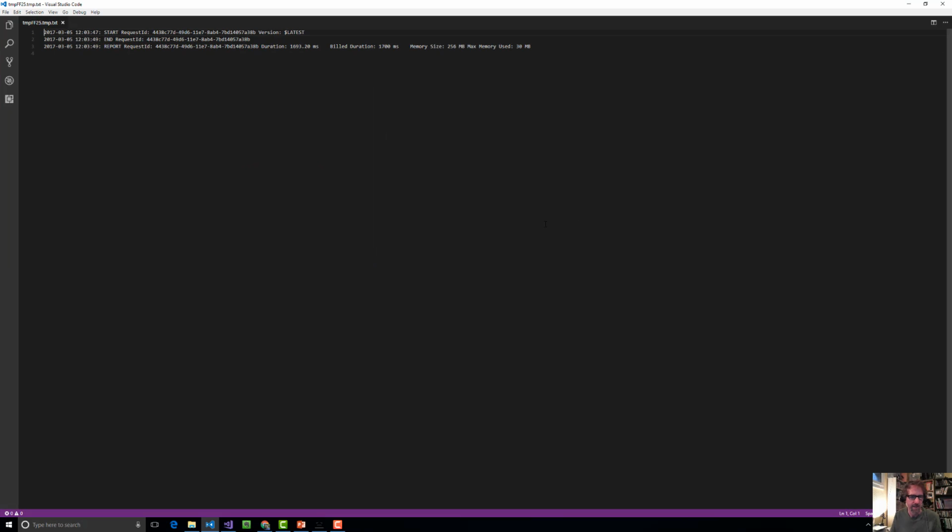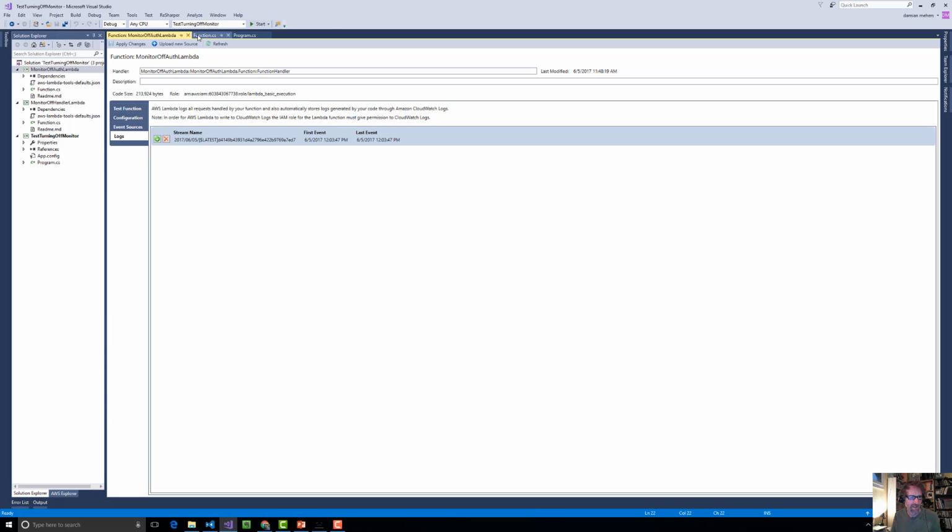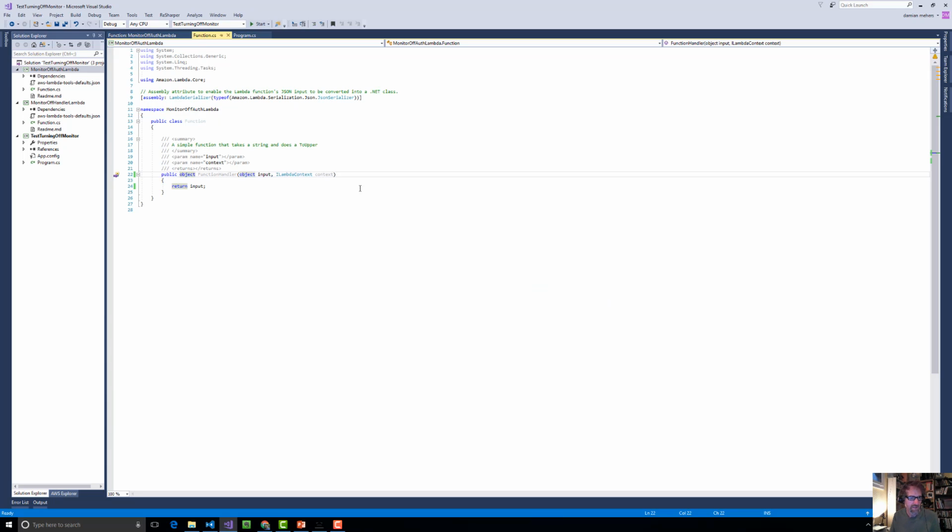So basically, nothing happened. I didn't know what to do. So what I'm going to do first is dump out what's returned. If I go to this Lambda here, it takes an object as a parameter and returns the object. So let's try doing some console.WriteLine